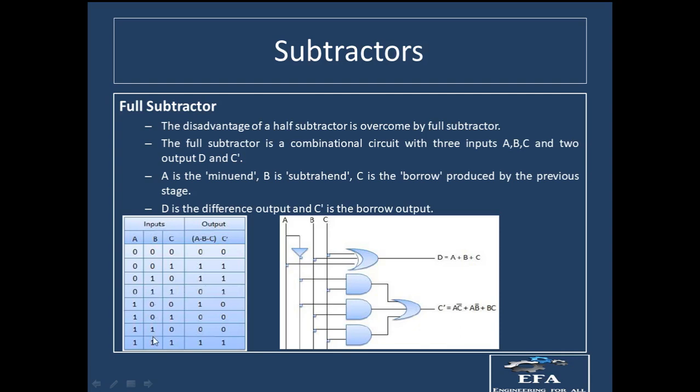So in this way you can complete the whole table. Let us take one more example, let us say this one. We have 1 minus 0, which is equal to 1. 1 minus 1 is equal to 0, so we have 0 at the difference and 0 at the borrow. No need to take any borrow. Okay, in the last case we have 1 minus 1 first, which is equal to 0. After that 0 minus 1 needs to take a borrow, so we will have 1 at the borrow place, and 0 minus 1 will again give a difference equal to 1, so we will have 1 at the difference place also.